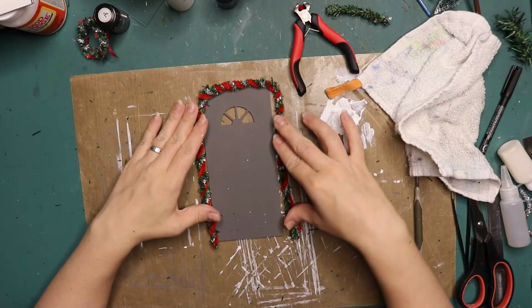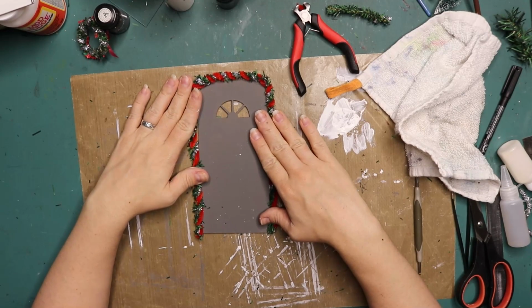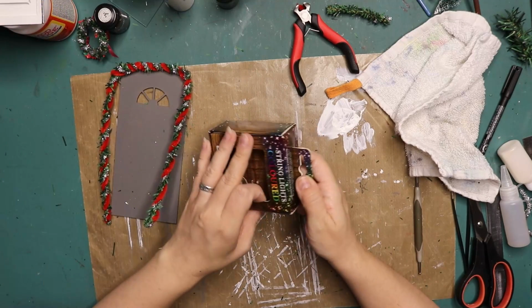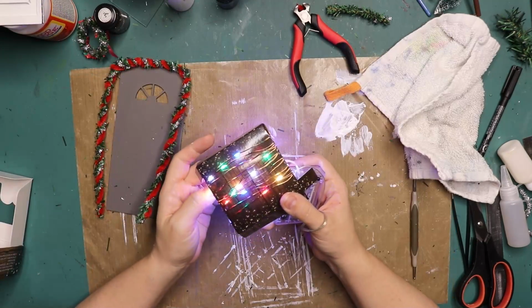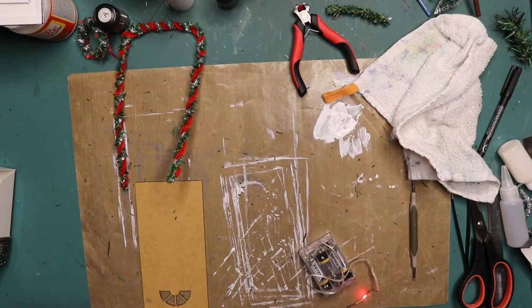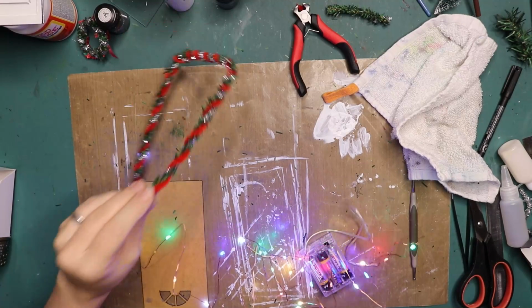There we have that. And I am going to add the lights to this one as well. And they will be colored lights that look like that. And I think they look very festive. I am going to wrap this around, but at the very end when I'm going to add this,